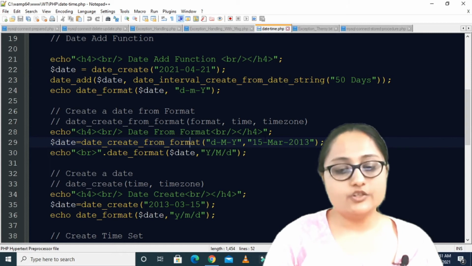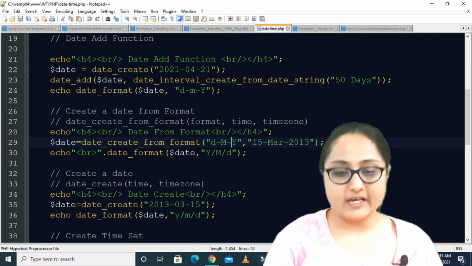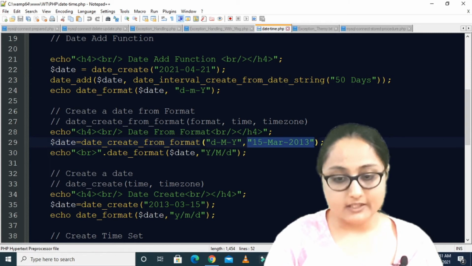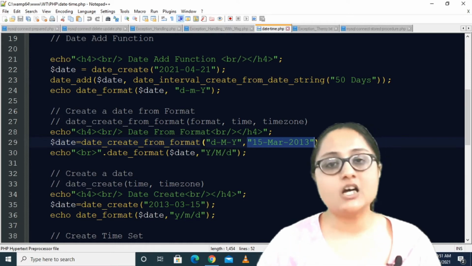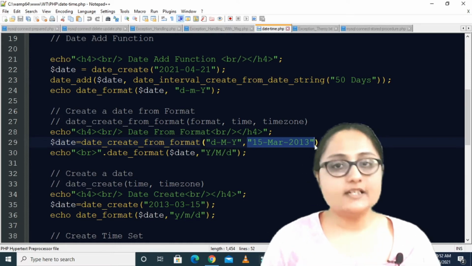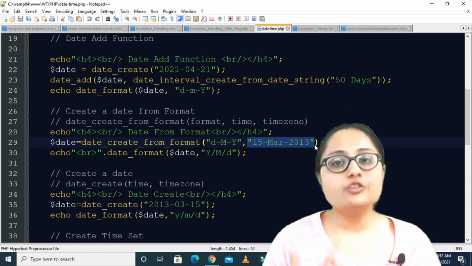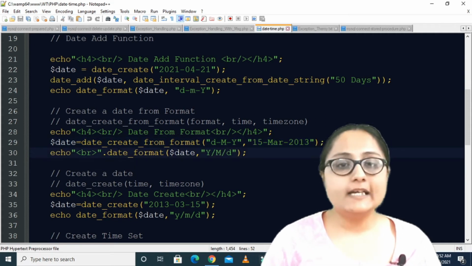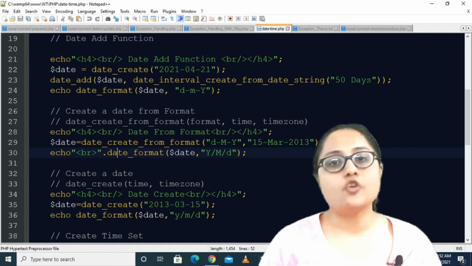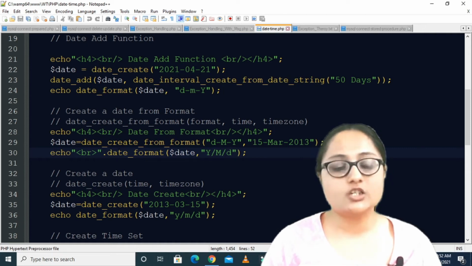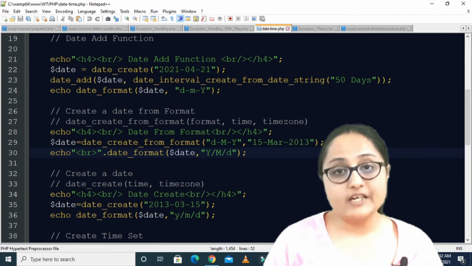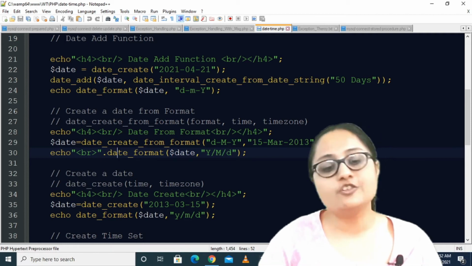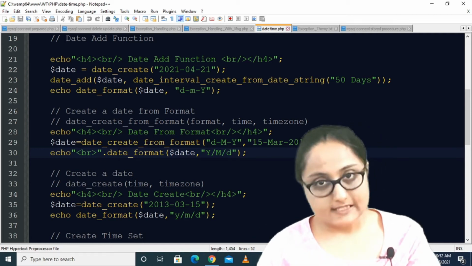So here the first format is this DMY. So basically this is the date 15 March 2013. It is in a particular format. I want to change this format. For that, which is the function that I will call? Date underscore format. Date underscore format is the function in which you can specify different formats in your second parameter.